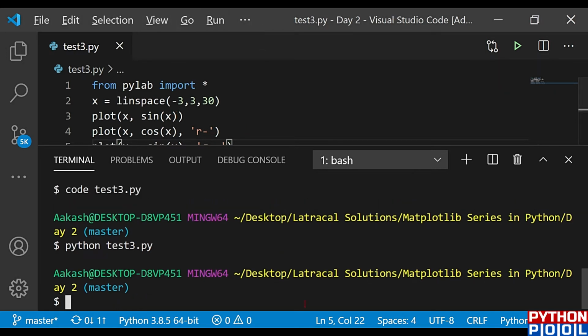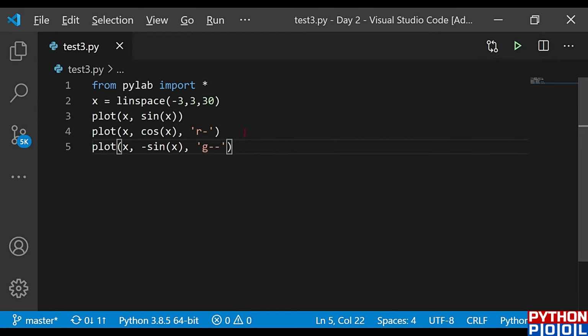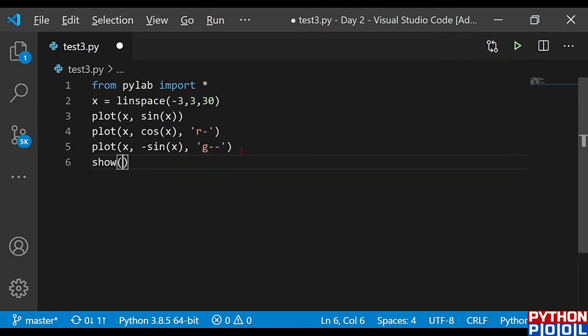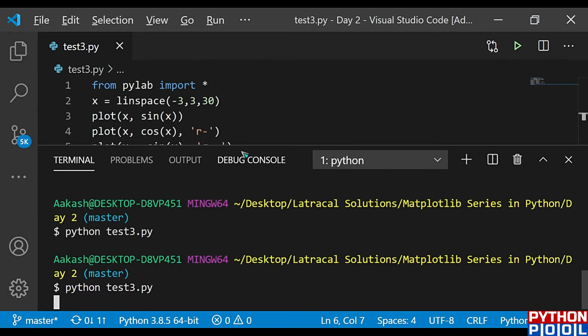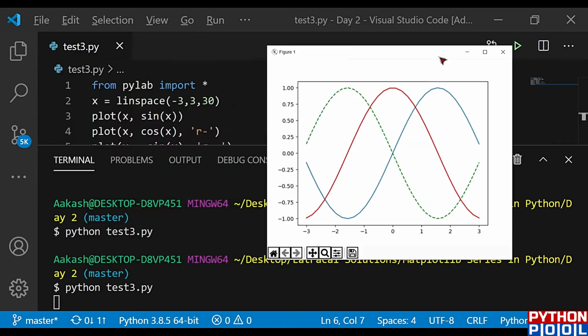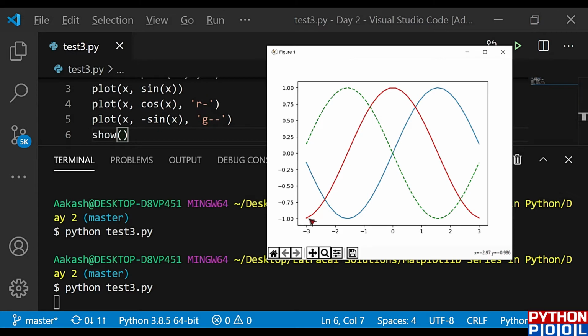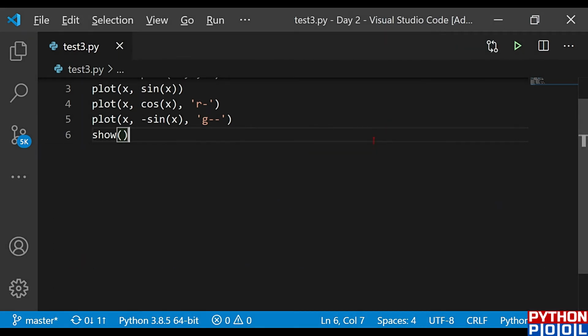Once I run this program, okay, I didn't call the show function, so it's not showing. Once I call this show function, save it, and run it once again, you could see I got my sin x to be the blue color, which is the simple graph. Considering cos x, it is the red graph, which is the simple line but in the red color, solid line. And the next one is the minus sin x graph, which is directly opposite to this blue one, because it is the minus one, and it has the green color with a dashed line. So this type of graphs you can design with PyLab, but nowadays PyLab is not used much.